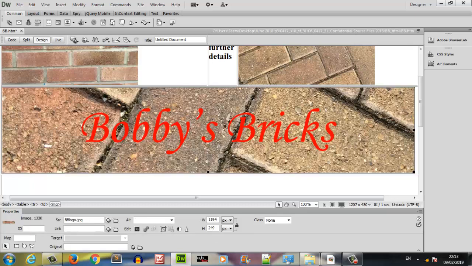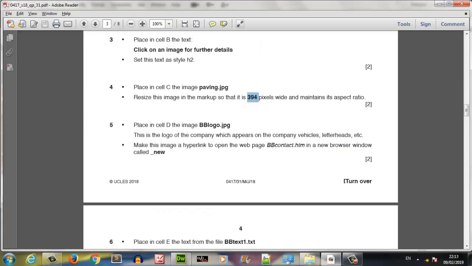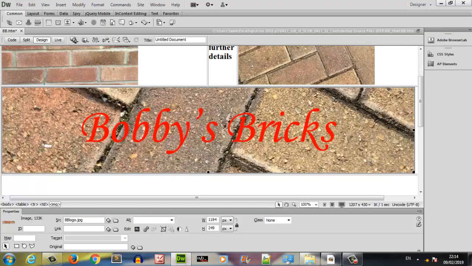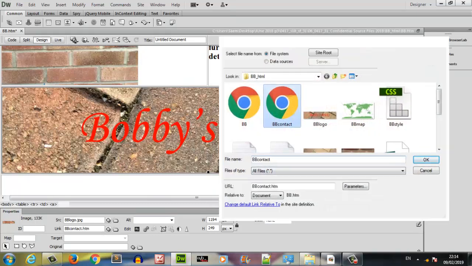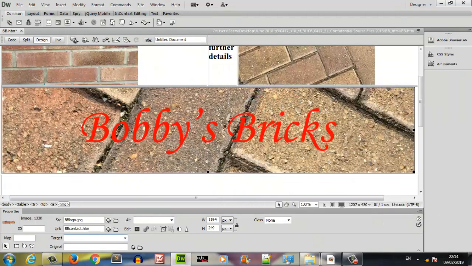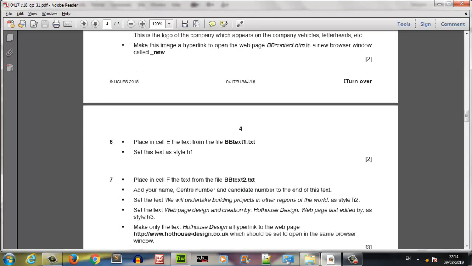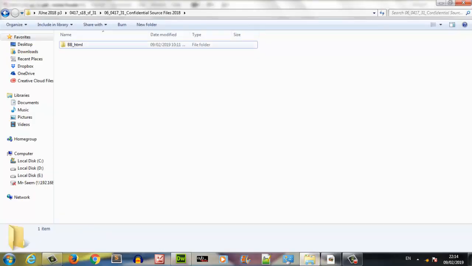It's almost 1200. Make this image hyperlink to open the web page bb contact.htm in a new browser window called _new. So we have to link this to contact, and we have to make it open a new window called target_new, right? Place in cell E the text from the file this